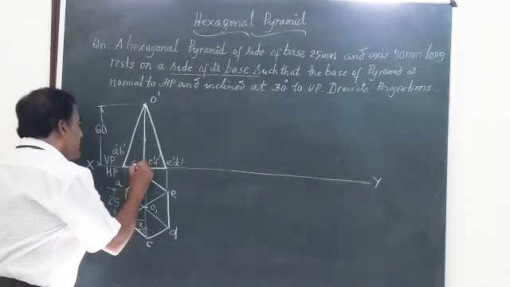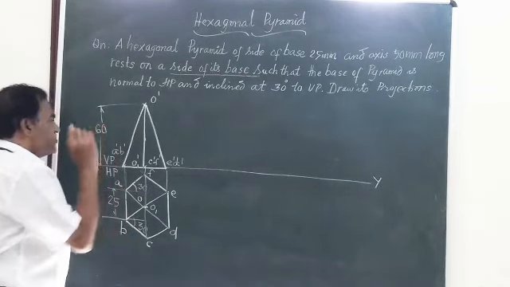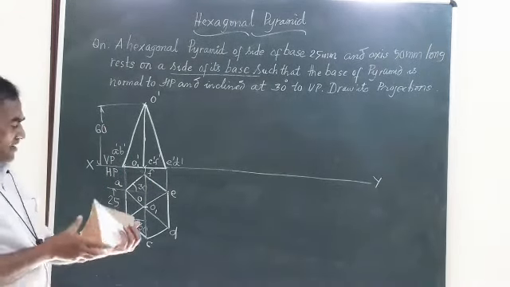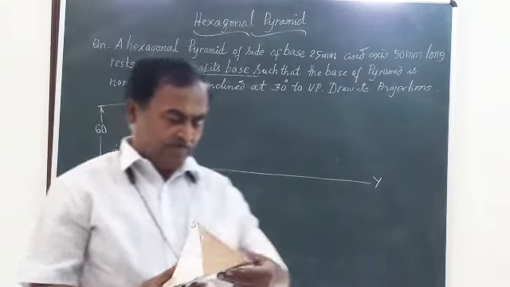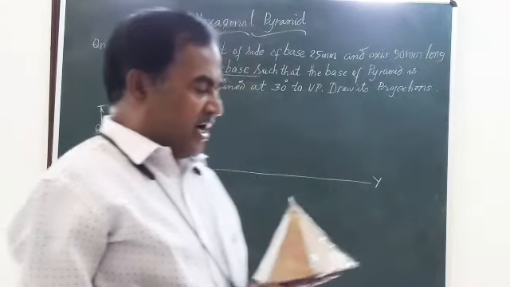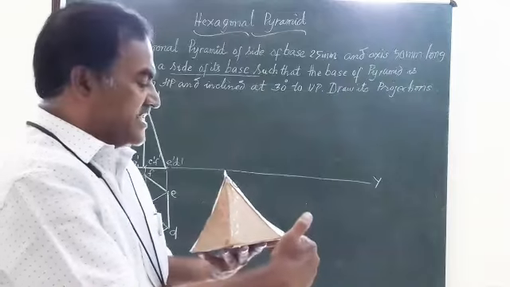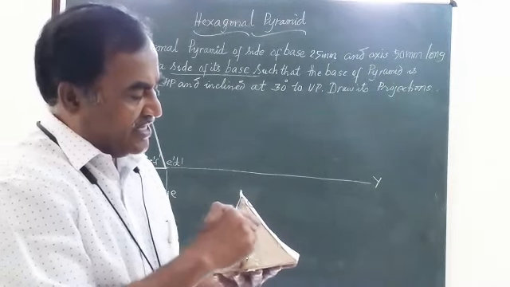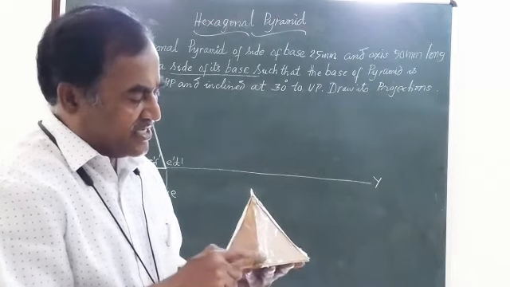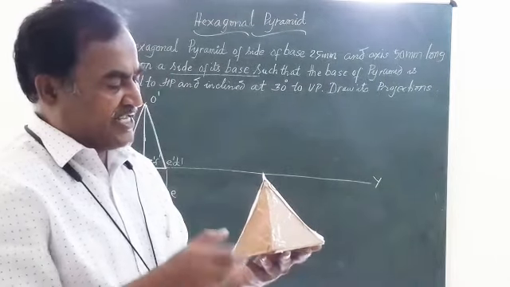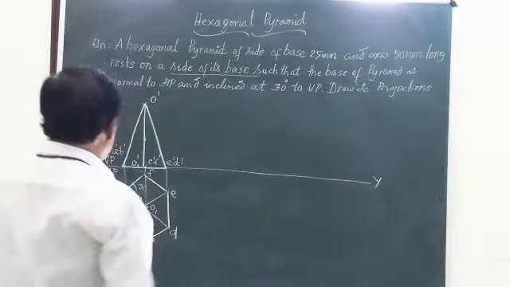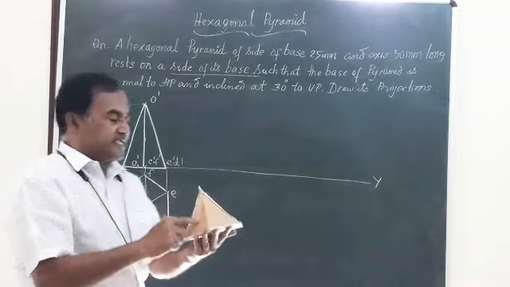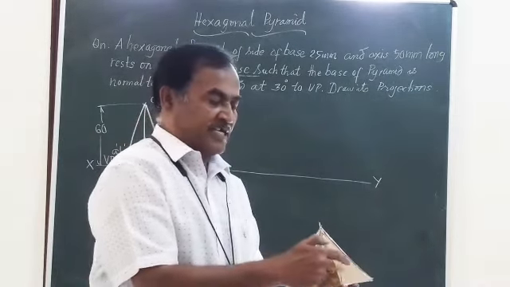The center of the base is O1. I call it as O1 dash. Now I will show you practically how it looks. So I told you it is resting on one of the base edges on HP. So in the front view, you will be able to see line 1, slant edge 1, slant edge 2, slant edge 3. So you will be able to get 2 triangles.